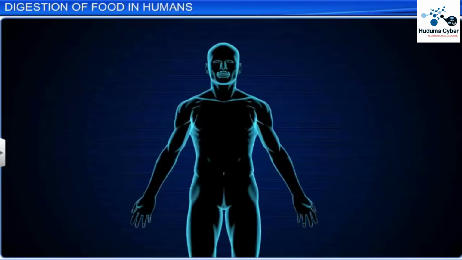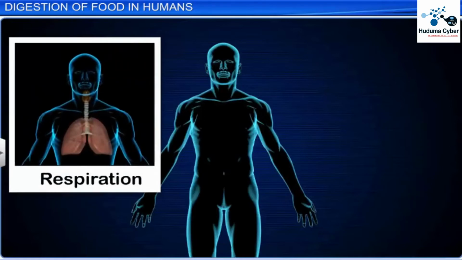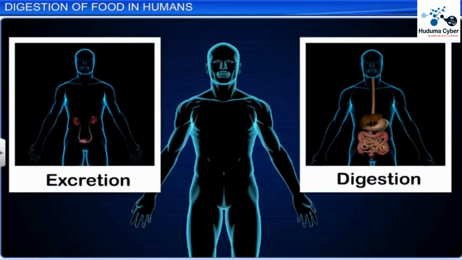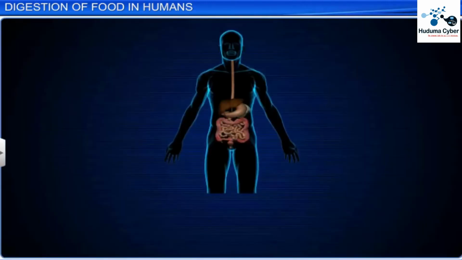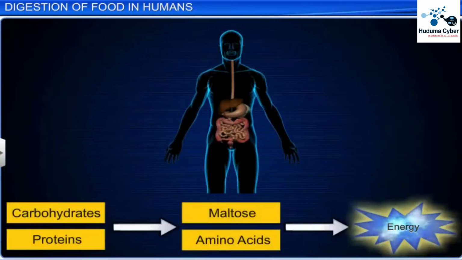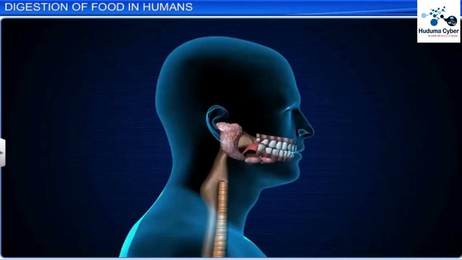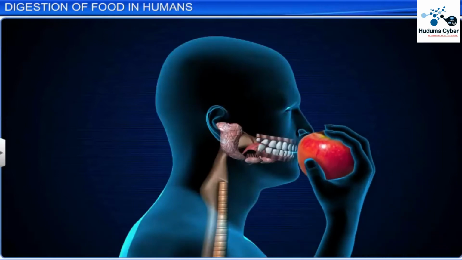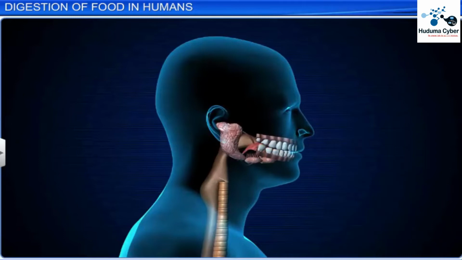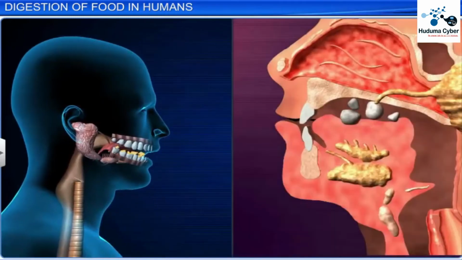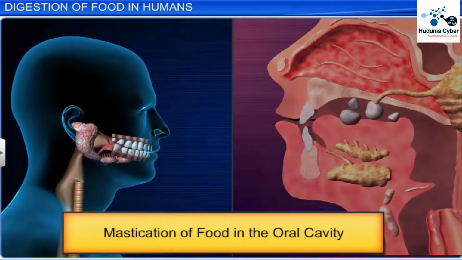Every day, our body performs several important functions such as respiration, digestion, excretion, to name a few. Of these processes, digestion is a vital one, as it provides energy to the body by converting complex food into smaller, simpler and absorbable molecules. The digestion process begins the moment we put food into the oral cavity through our mouth. The teeth, present in the oral cavity, masticate the food, while the tongue mixes it with saliva,